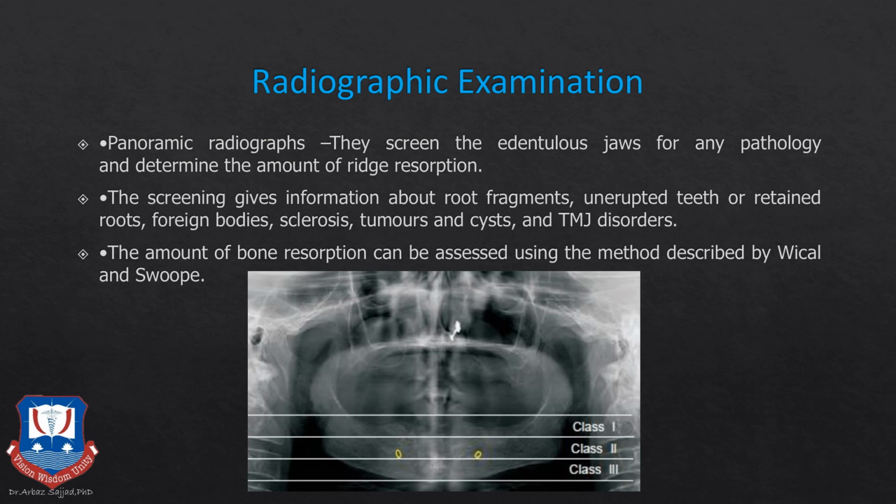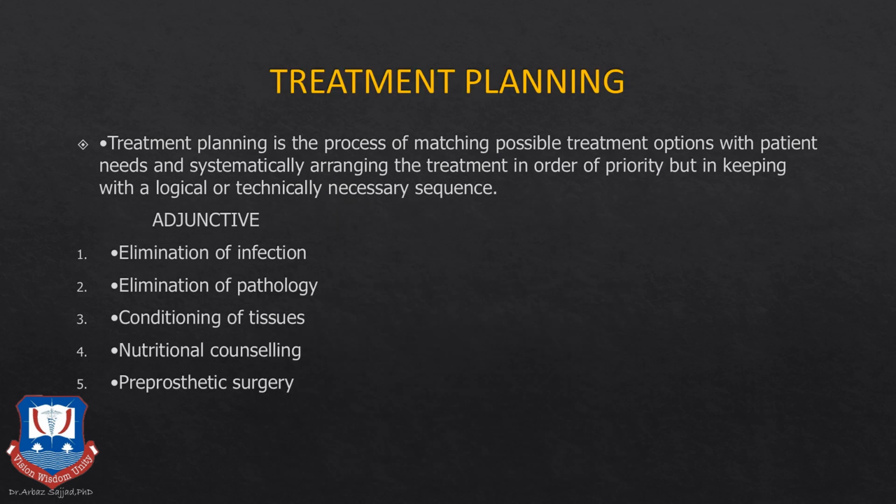Now coming to the last phase, that is the treatment plan. After diagnosis, we have collected all the information and we have to do the treatment plan. A treatment plan is the process of matching possible treatment options with the patient's needs and systematically arranging the treatment in order of priority. So the first step in treatment planning is adjunctive care, such as we should eliminate any infection